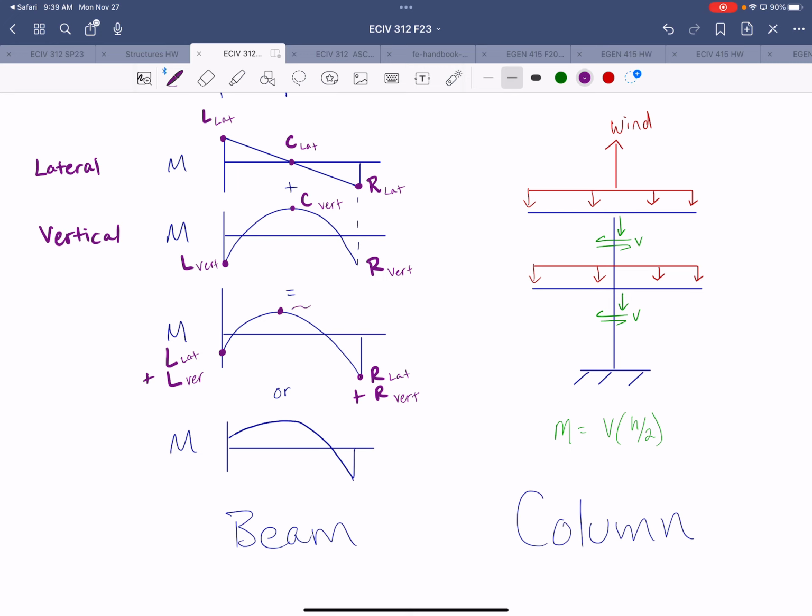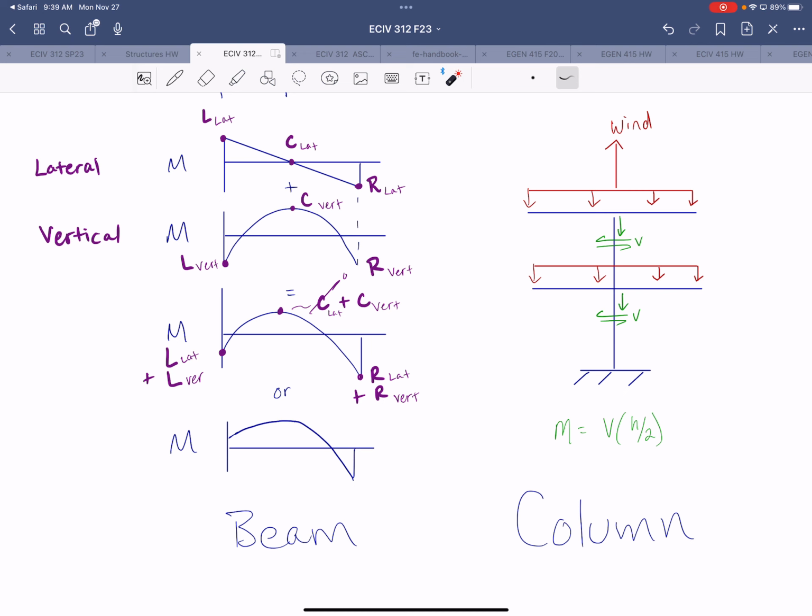All right, and this one, the lateral value is going to be 0, so your center point is just going to come from the vertical